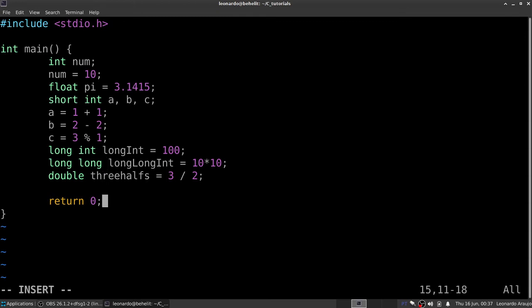So let's see here. Of course we have char types. Char y equals to